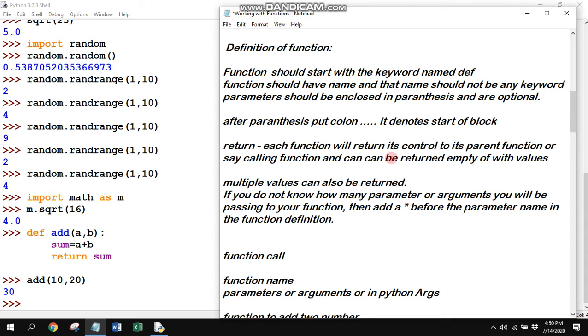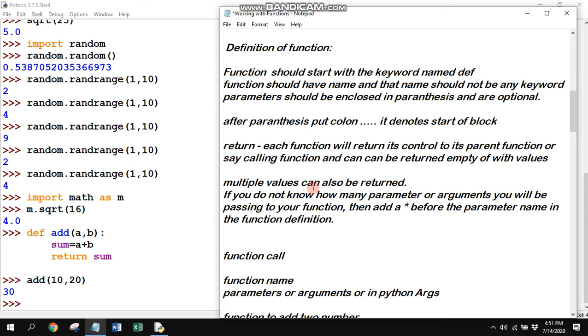What is the meaning of return here? Each function will return its control to its parent function, or say the calling function, and can return empty or with values. This return sends the control to the parent function. After return there is nothing, the result has come in the return, it will give you the result.